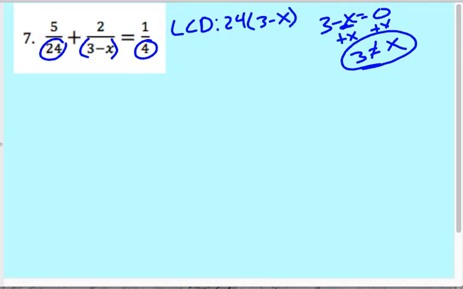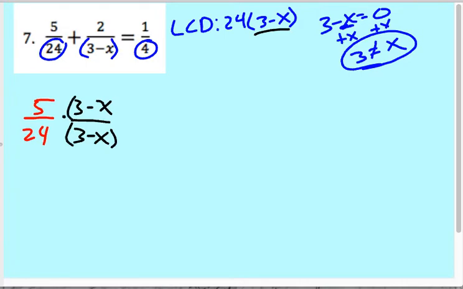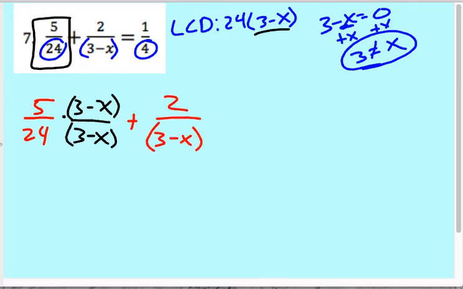So, setting this up, 5 over 24, we need 3 minus x. That's the only thing we're missing for this denominator. 3 minus x. Okay. That takes care of the 5 over 24. Plus 2 all over 3 minus x. Well, the only thing we need here is a 24, so I'm going to multiply by 24 over 24. Equals